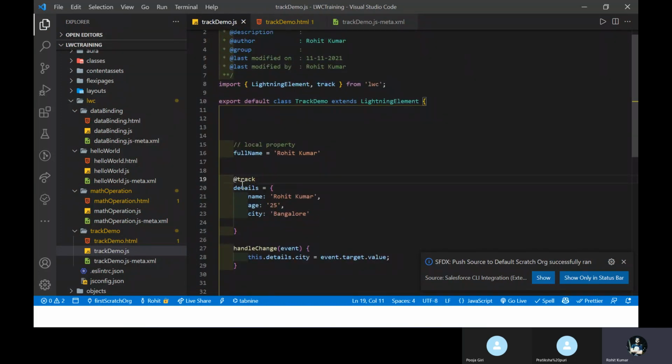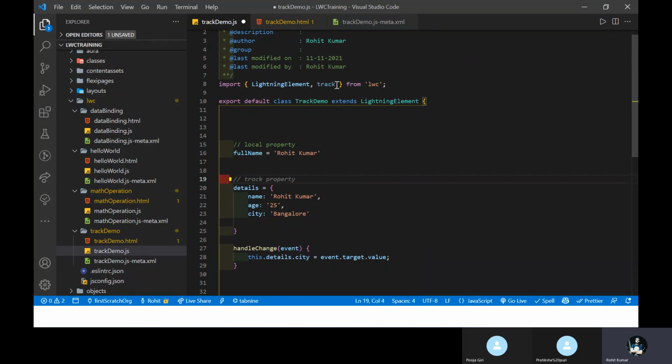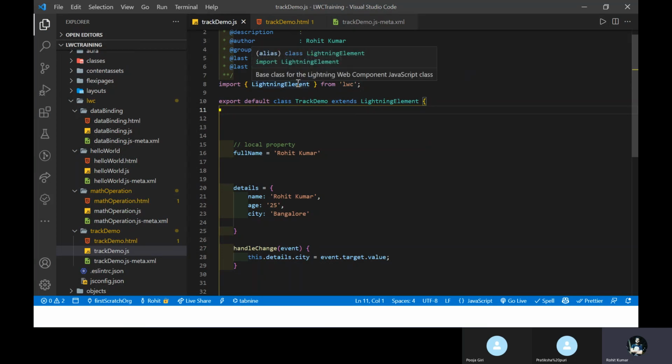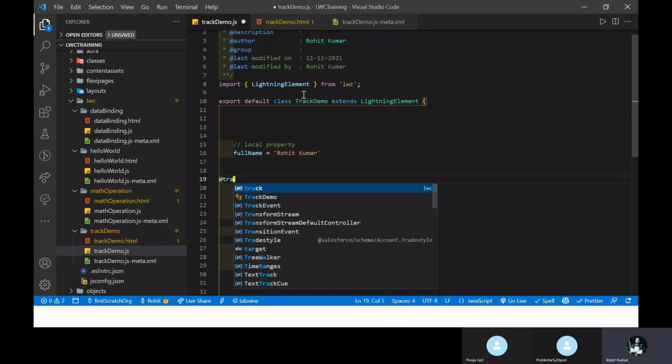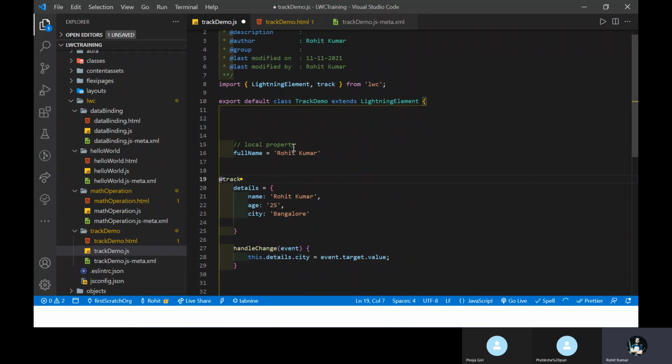You can observe, let me do that again. Remove it here and also remove it from the import, like this track. Please observe, it's automatically added in the import statement from the LWC module. Once I hit enter, you can see, right?